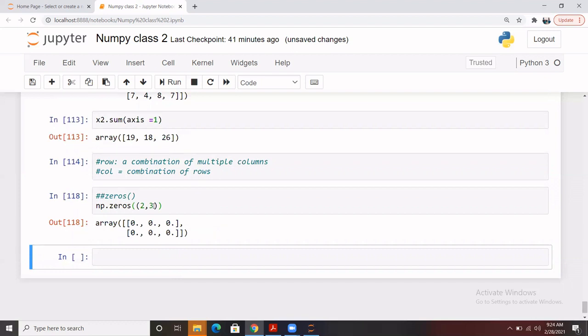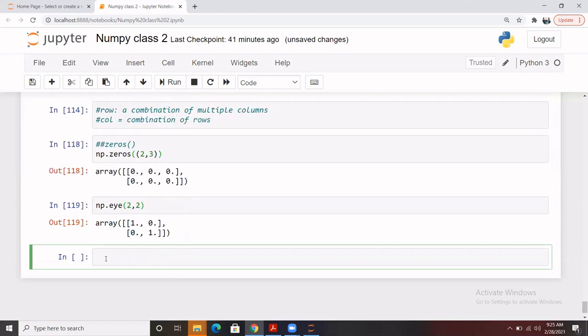And the same thing we can do, for example, in case we have to create an identity matrix. In an identity matrix we can pass something like this. I believe here we can also mention that we need 2 rows 2 columns as the identity matrix, and we see in the identity matrix we have one as the diagonal. Something like that.